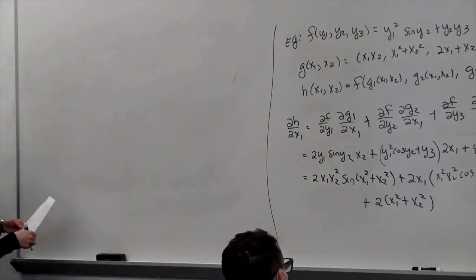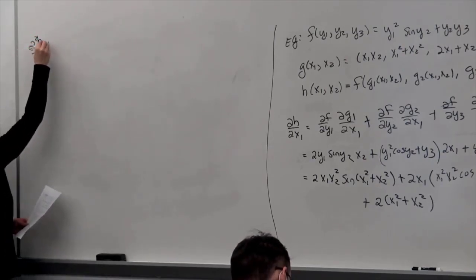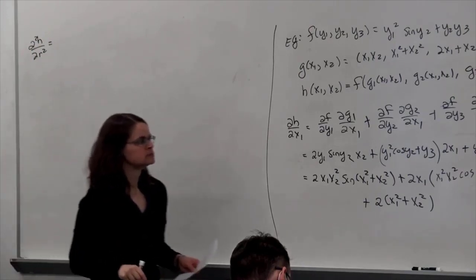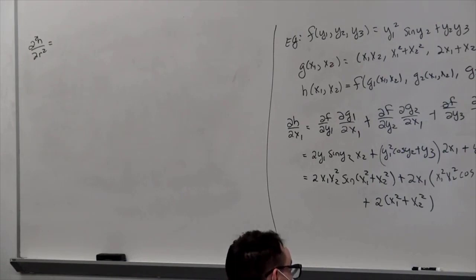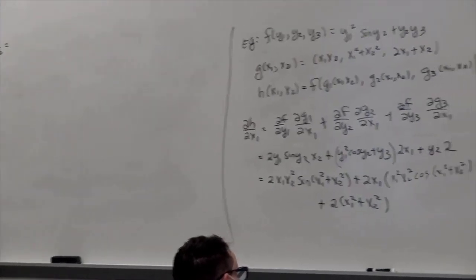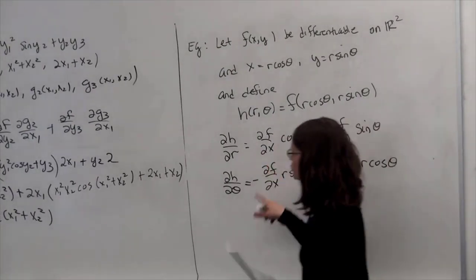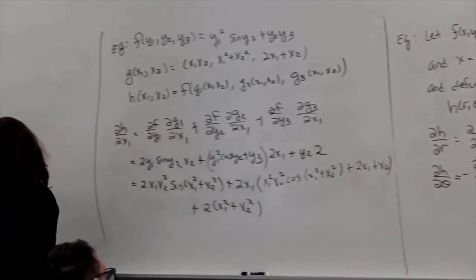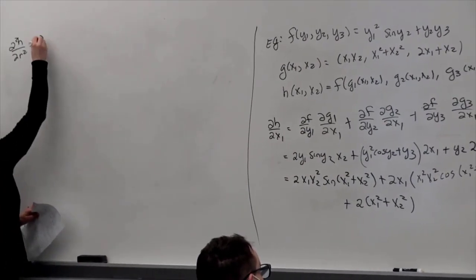So we want d squared h by dr squared. Okay, so we need to take a partial derivative of this with respect to r. The thetas and the r's are independent of each other, so there's no derivatives to take there. So we're going to take the derivative of this with respect to r. That means taking the derivative of this with respect to x first of all. Okay, so d by dx